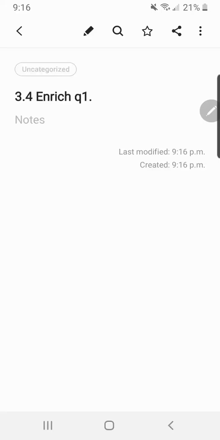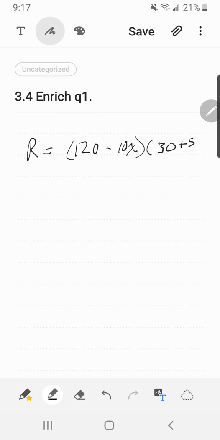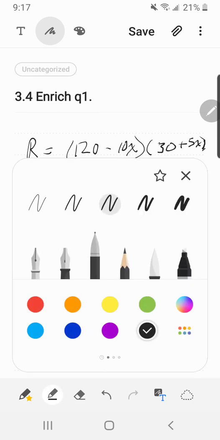So for this problem, I'm going to give you a similar problem for question number 1. Suppose I give you this equation for the revenue. R is equal to, say, 120 minus 10x is our revenue times 30 plus 5x. Okay, now the key here is to figure out what we're going to take off